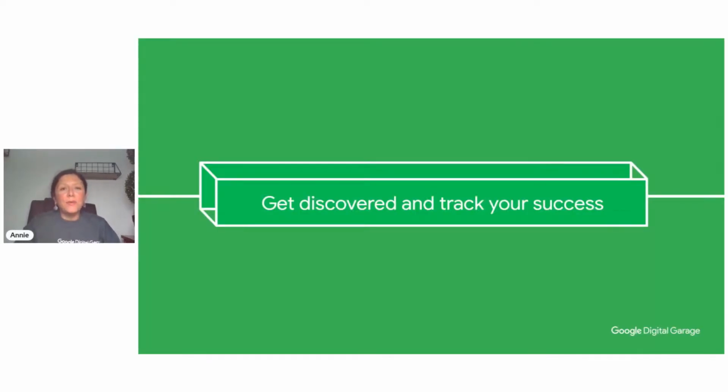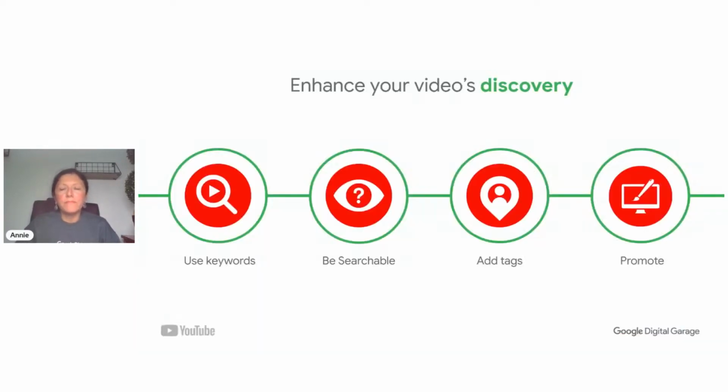So the final section we're looking at is how can we get discovered? Because that's the key part, isn't it? We want people to know about our amazing content so they can find us. And then we need to see if it's working for us, our goals, are they being met? And really knowing if we're getting closer to it as well. So having some way of tracking that is really important to us in terms of our success metrics.